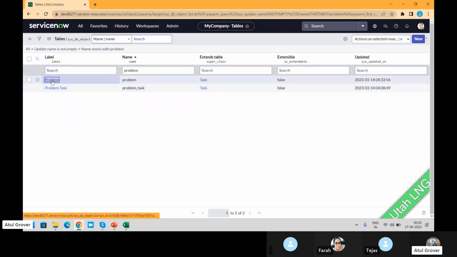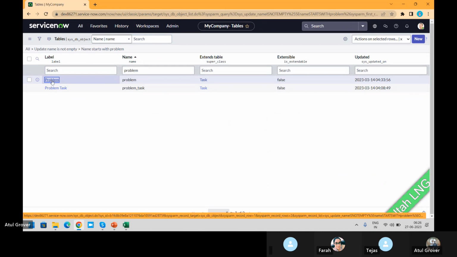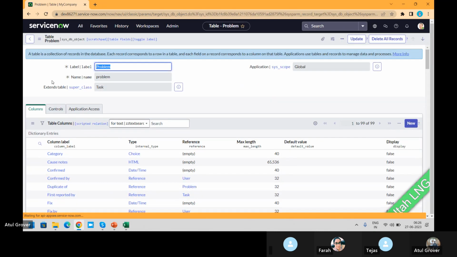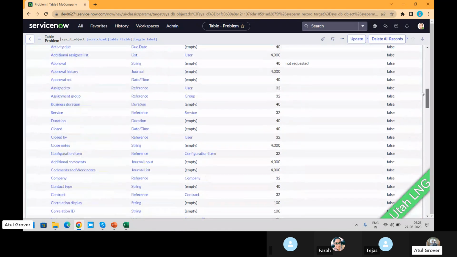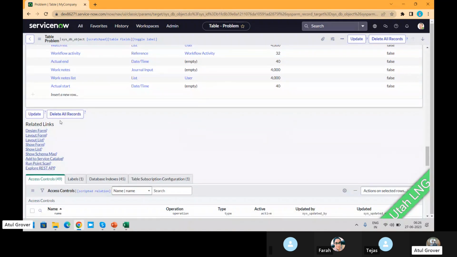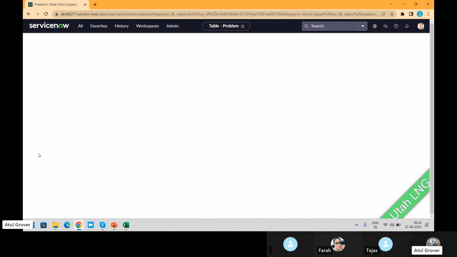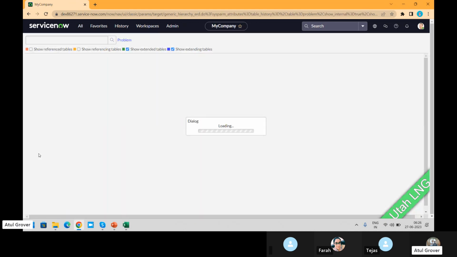Let me open the problem table here. Show schema map. Okay, this is a task extended from the problem.